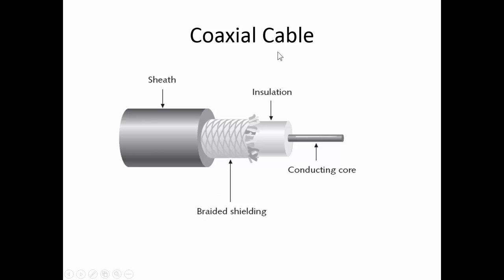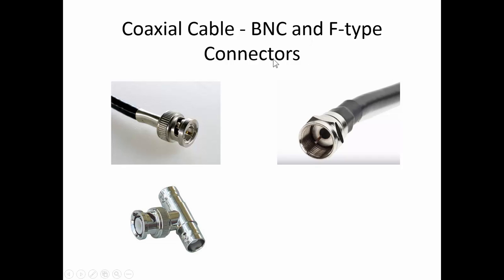If we cut open a coaxial cable, we can see that this is the sheathing, the cladding on the outside. This is our braided copper shielding. This is plastic insulation, and this is the copper core in the middle. The types of connectors that you use for coaxial cable are BNC and F-type connectors. The BNC connectors are typically used with the old Ethernet 10-base-2, and the F-type connectors are what you see with cable TV connectors. Coaxial cables can go a longer distance than twisted pair cabling, but then again it's thicker and it's more difficult